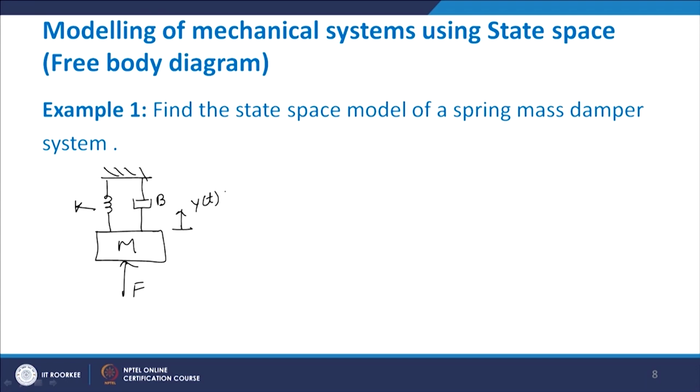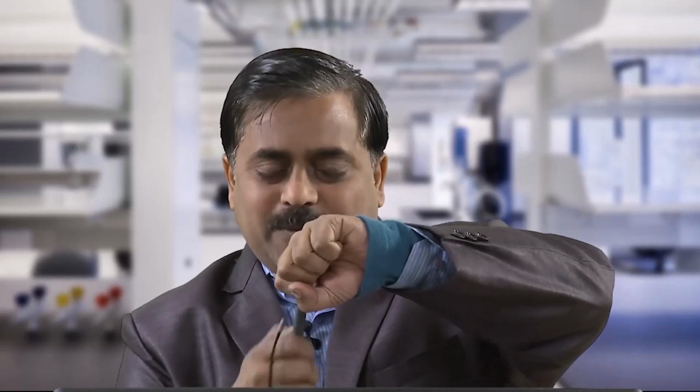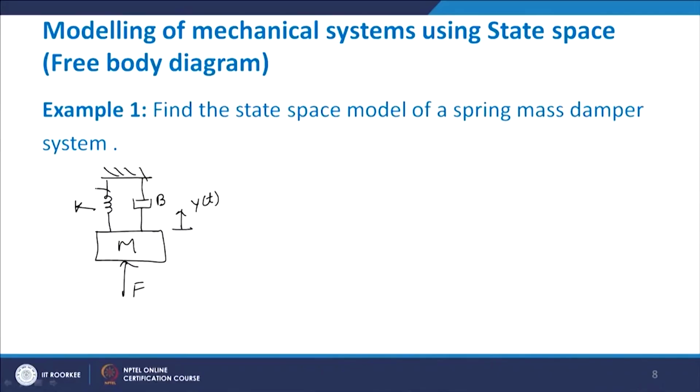So, we have a mass, and we apply force to this mass. When we apply force to this mass, it is opposed by the spring and damper. So, here this is a damper and spring, and it is opposing. Therefore, if we draw the free body diagram of this one, you will get the free body diagram like this. This is mass m, we apply force F and it is opposed by k into y